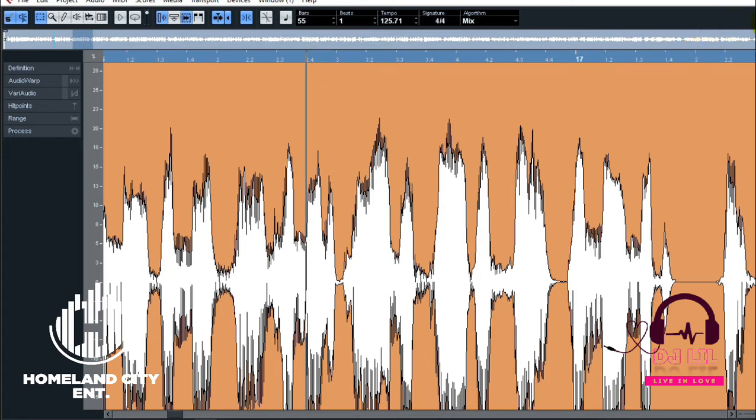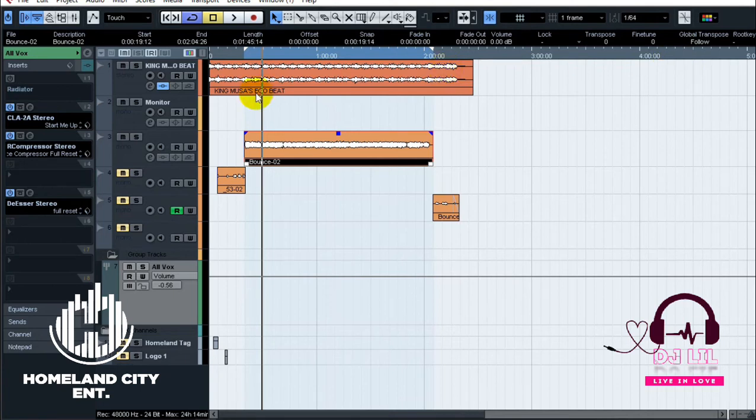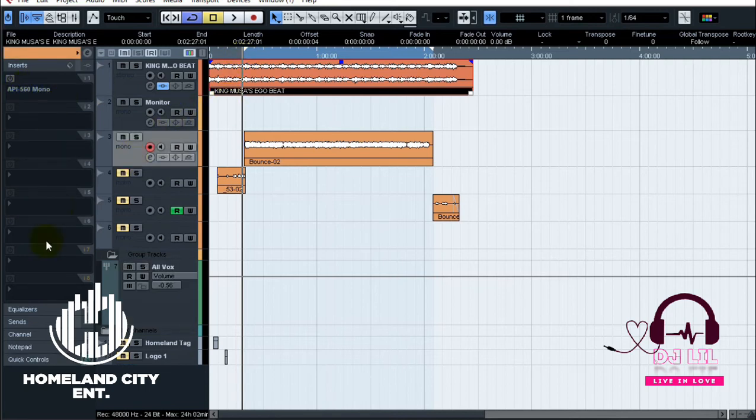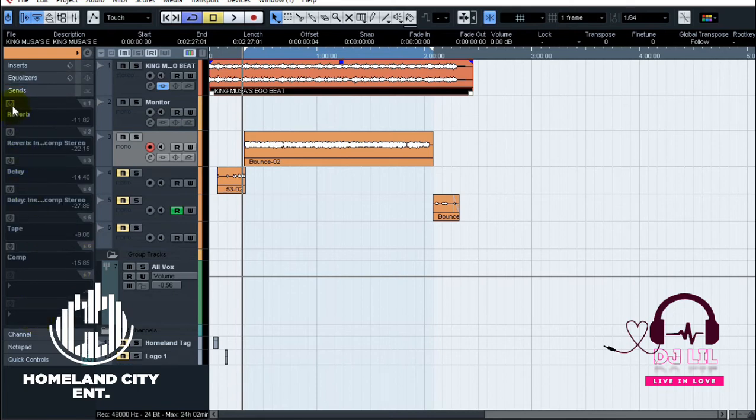Now from here, you might want to think about adding some reverbs or delays just to fill up that space where you removed the breaths, because it might sound blank there. So what I do is add a delay and a reverb. I'll start with the reverb. And again, I already did a tutorial on how to do sound effects in Cubase. I'll also leave that link in the description below, so you can check it out after watching this one though. So here,